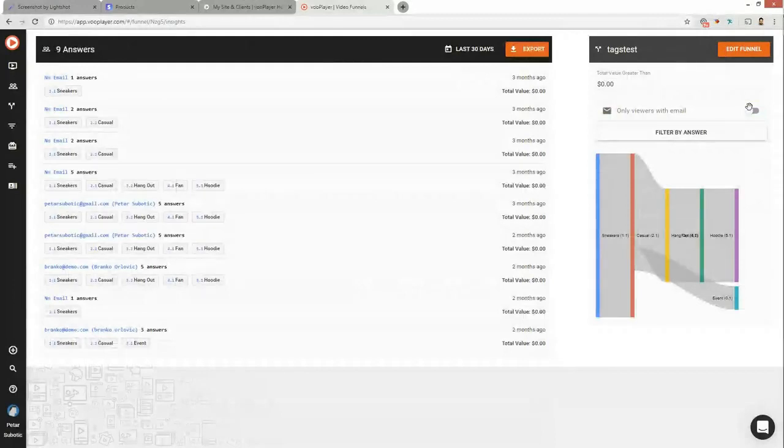So the analytics themselves, I don't think I have any monetary value assigned to the answers in this funnel. But if monetary values are assigned to the answers, then they can be explored in the analytics.